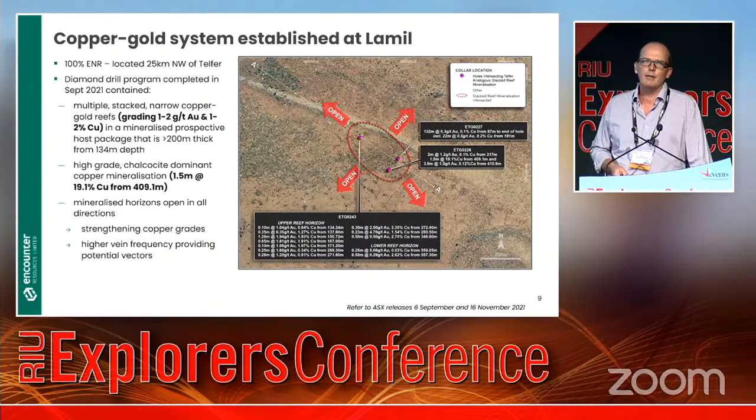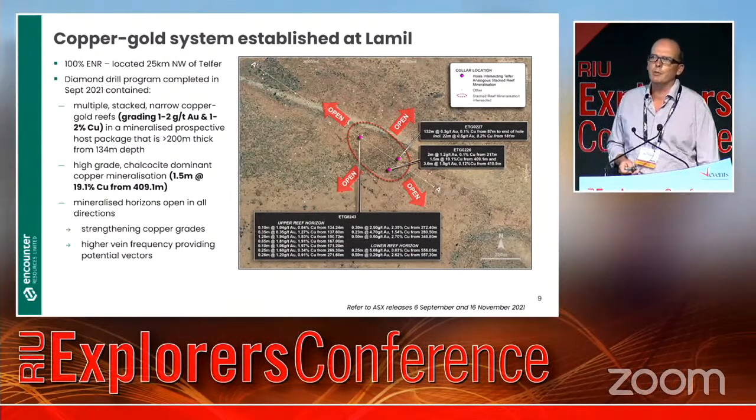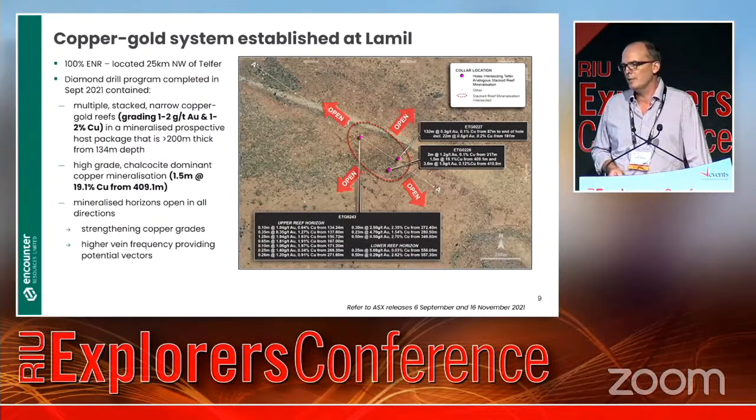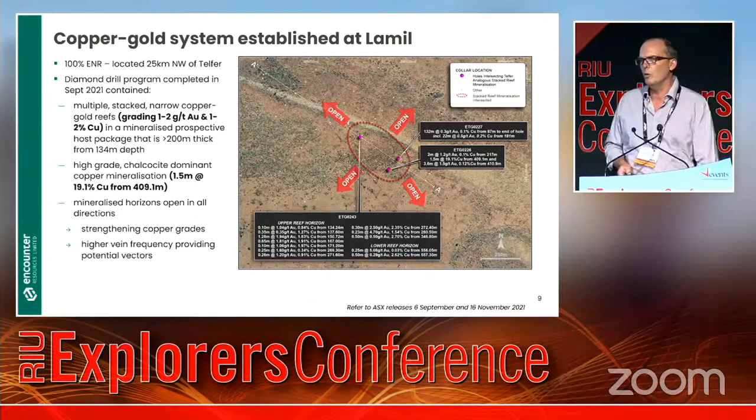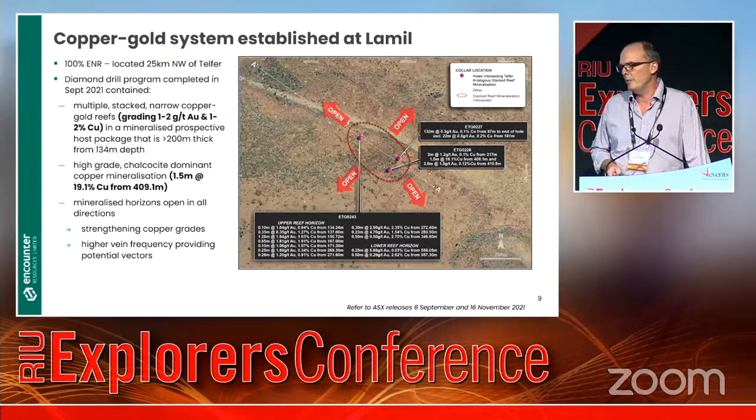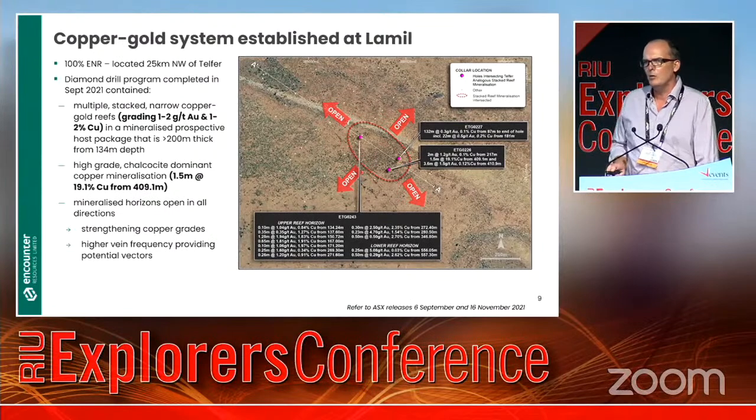And 2021 and the diamond drill program that we completed in September, October last year was really important. We defined an extensive blanket of supergene copper gold at the June prospect there, over a kilometre long. We did the first systematic diamond drilling, and 3 holes hit what we believe is the prospective package in that diamond drill program. We were following up an RC hole, which was 132 metres at 0.3 gold and 0.1 copper,